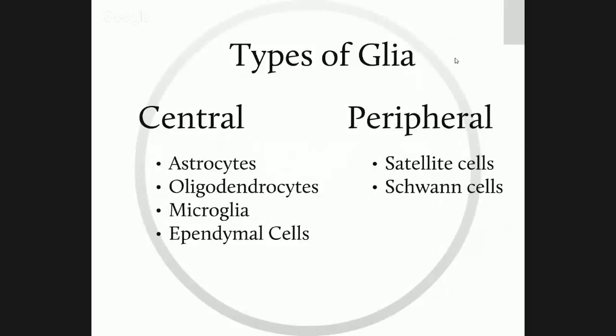Then we want to think about glia. Now, I quickly showed you this list last time, and I want to spend a little bit more time with it today. There are 6 different types of glial cells that we're going to consider in this course, and 4 of them are found in the central nervous system, meaning the brain or spinal cord, and 2 of them are found in the peripheral nervous system, meaning outside. I've lined them up in these 2 lists, and there's a table just like this in the book,